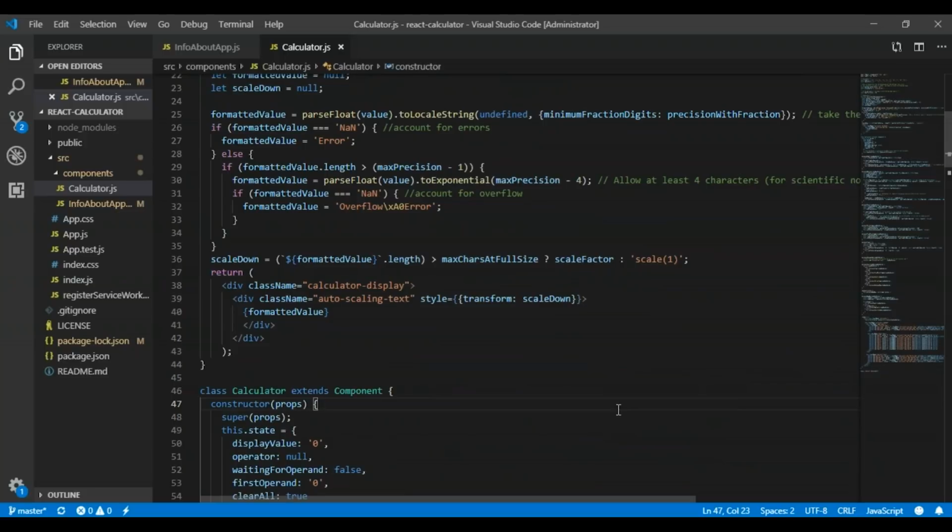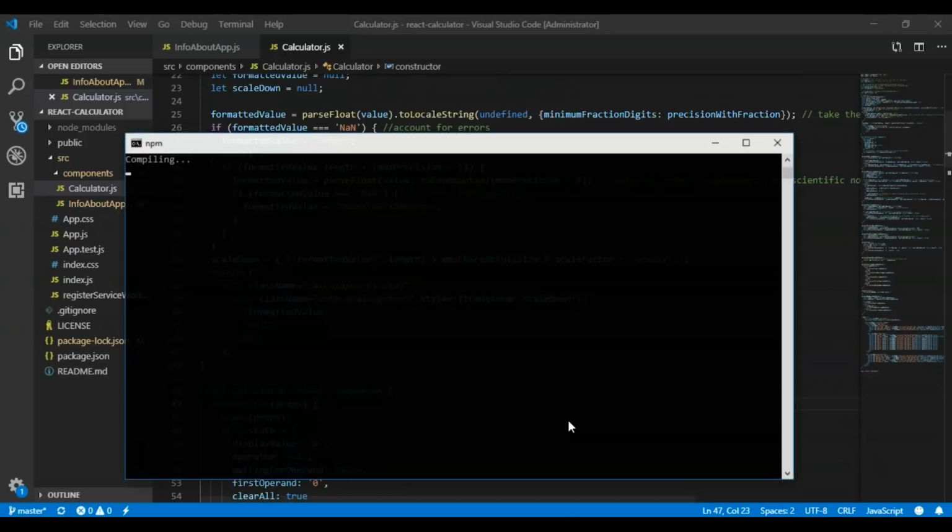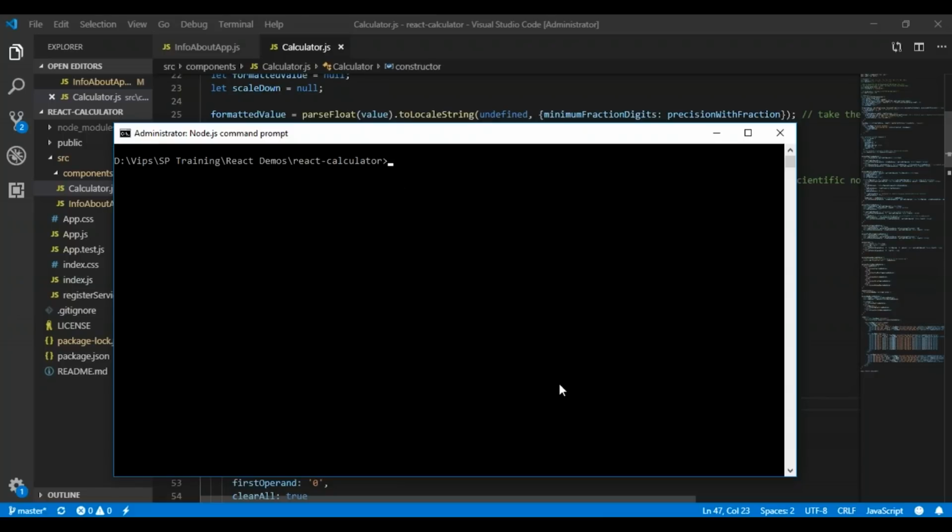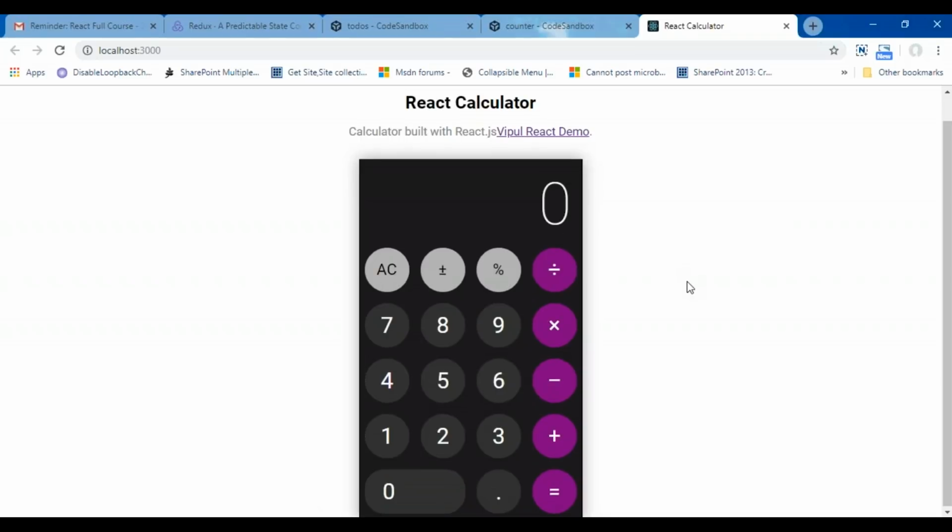So let's run this particular code. We already know that to run any React.js application, you have to write npm start. I have pressed enter, and now it will open on localhost on the default port number, for example 3000. All the create-react-app applications run on port 3000, so let's see what the output will be. Great. This is the output, a calculator kind of functionality developed using React.js.